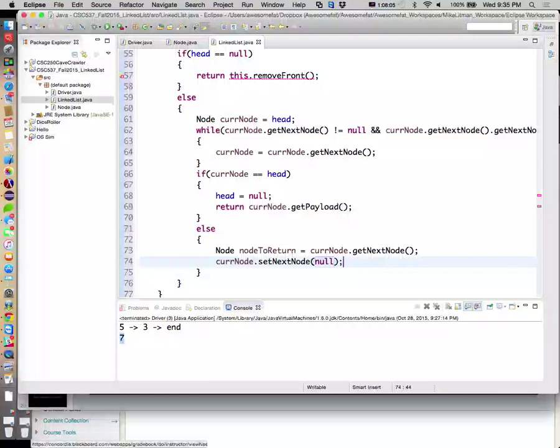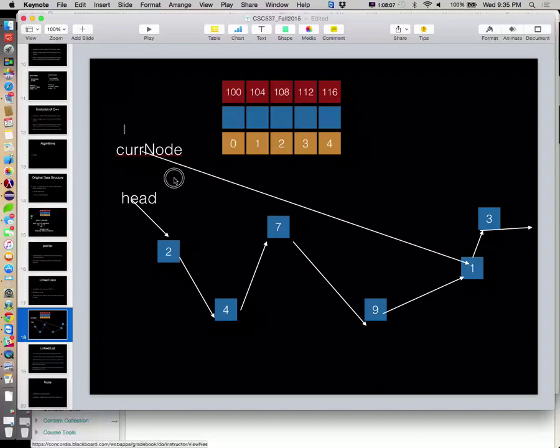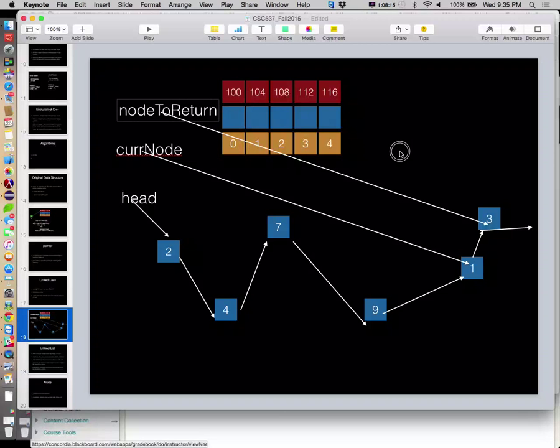That'll disconnect it. So what I just did here is I said node to return is going to point to Cur Node's next node. Then we're going to say Cur Node set your next node to null. Okay. Then I can go ahead and return node to return dot get payload.